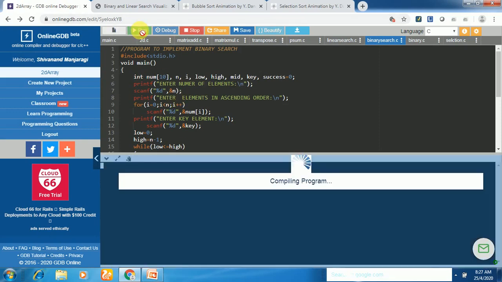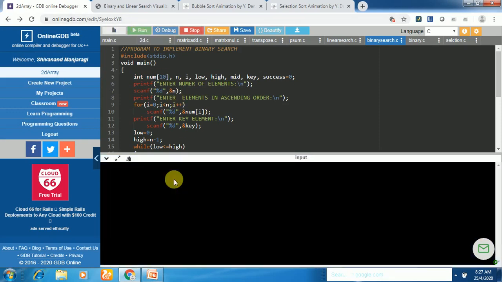Let us run it once again. Number of elements 5. Enter the elements in ascending order, that is in increasing order, 10, 20, 30, then 40, 50. Let us enter search key as 60. Okay, 60.